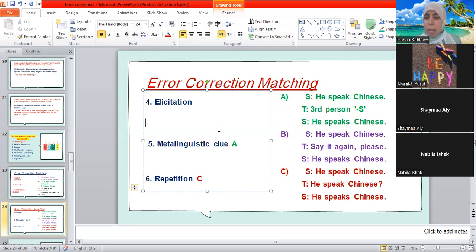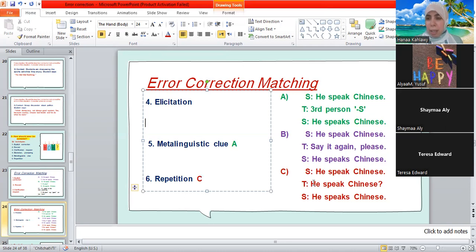So here, when the student said, he speaks Chinese, I give him a hint to repeat it again, because he has a mistake. He feels something is wrong. Exactly, yes. So here I'm encouraging the student to correct himself. Say what you have already said again, but in a correct way.